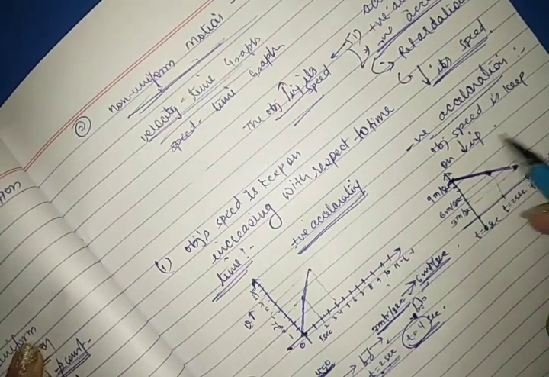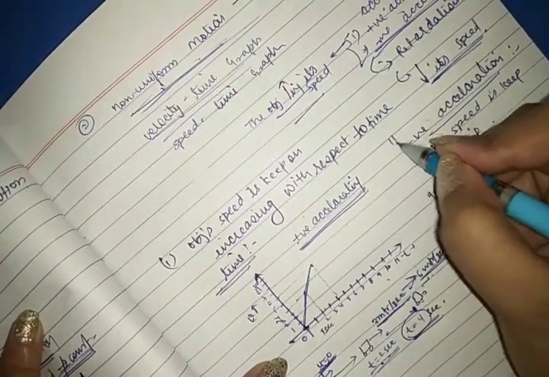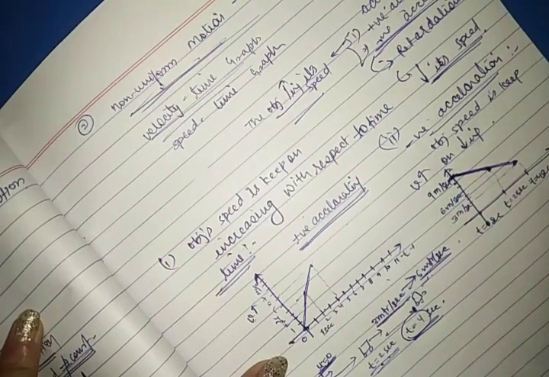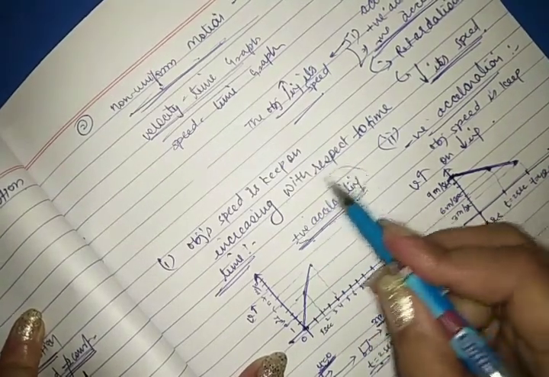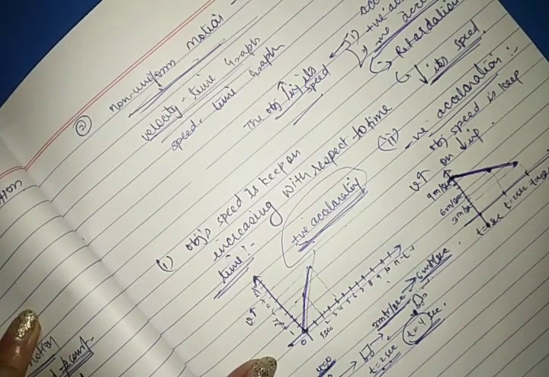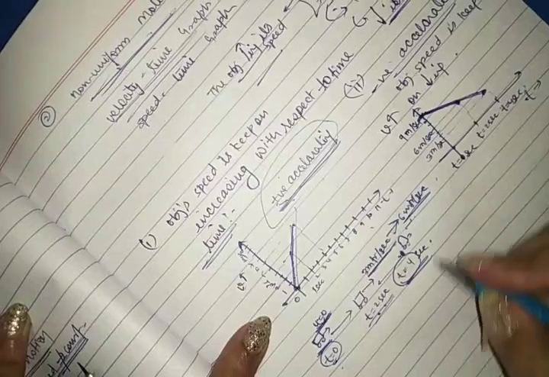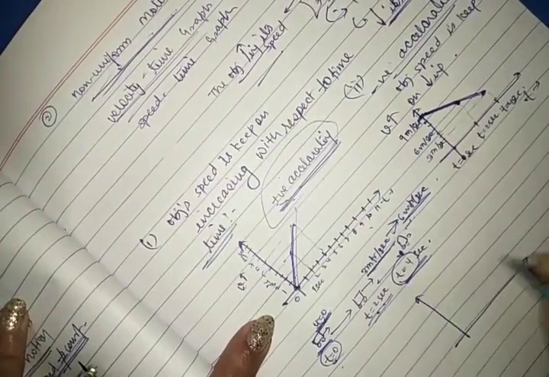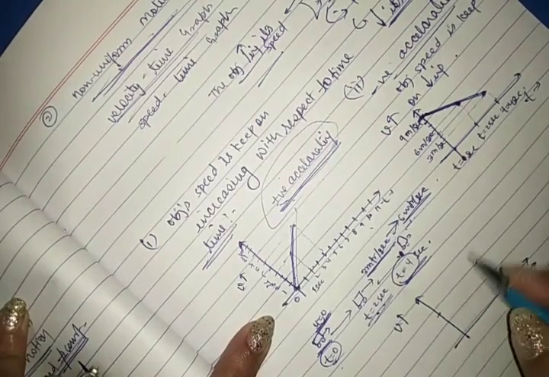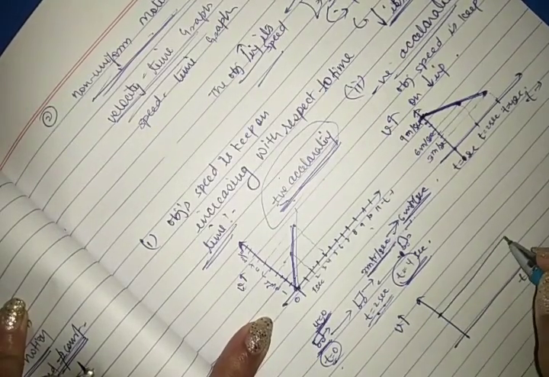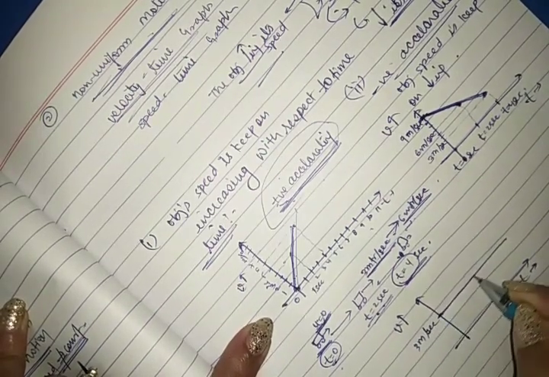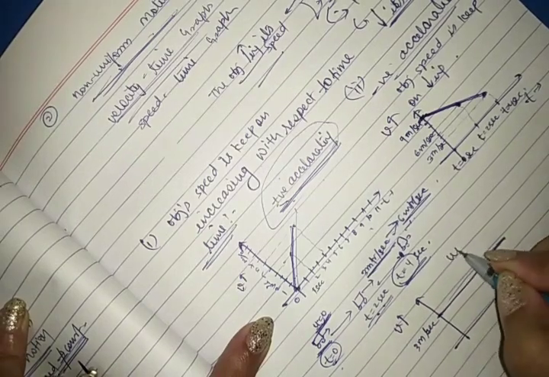So you can see here, if we consider the negative acceleration, then we get a graph like this. This is velocity axis and this is time axis. And if we consider positive acceleration, then we get a graph like this. Okay, so this is the velocity time graph. If we discuss uniform motion, that means throughout the time the velocity will remain constant. The velocity remaining constant means it will not change with respect to time. If this is 3 meter per second, then it keeps on traveling with the same speed. So this is the case of uniform motion.